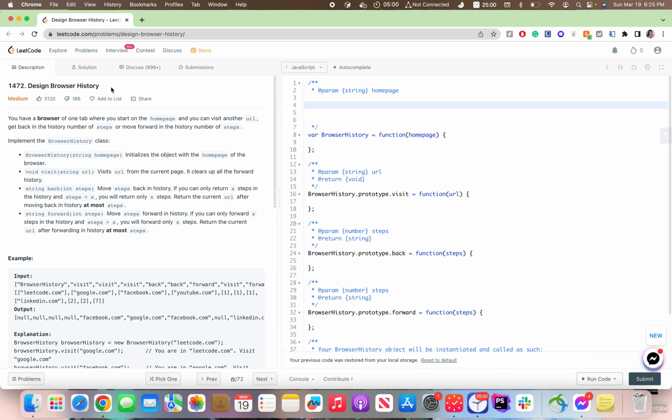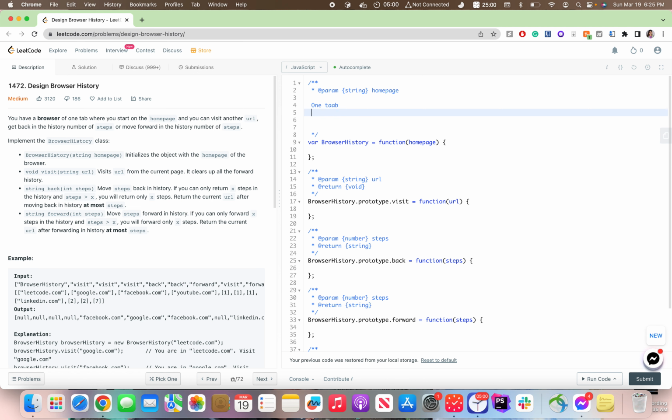1472. Design browser history. You have a browser of one tab where you start on the home page and you can visit another URL, go back in the history a number of steps, or move forward in the history a number of steps. Okay, so it means that I only have a browser of one tab, and I can go from